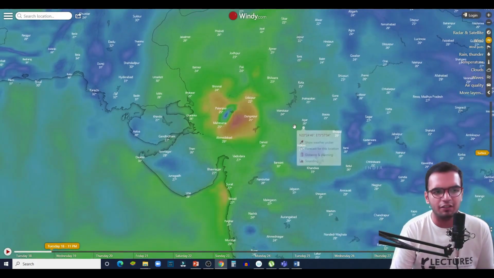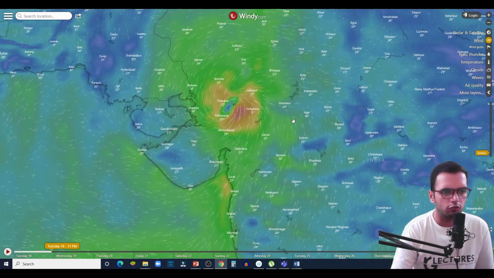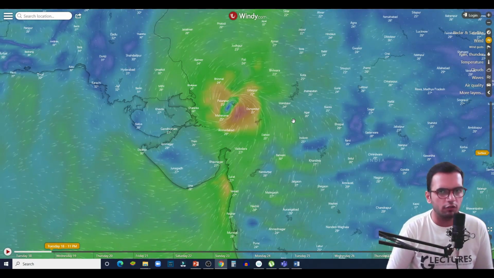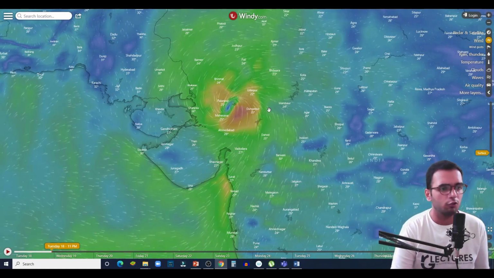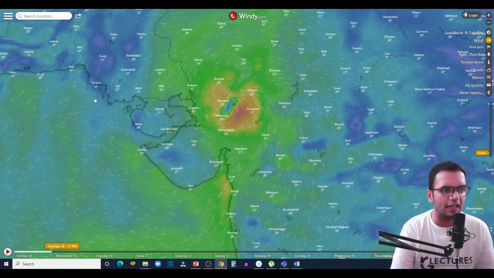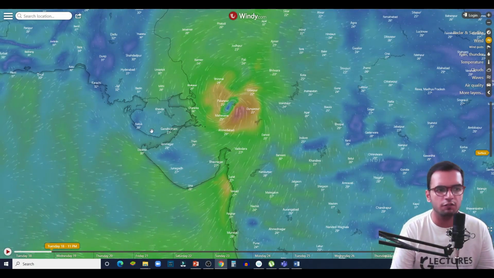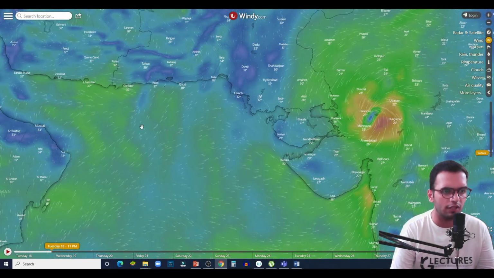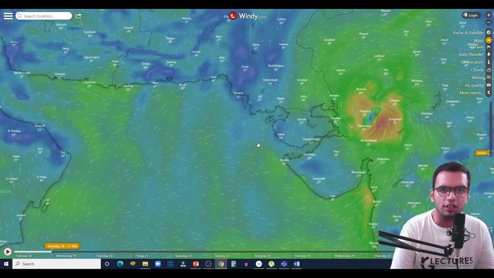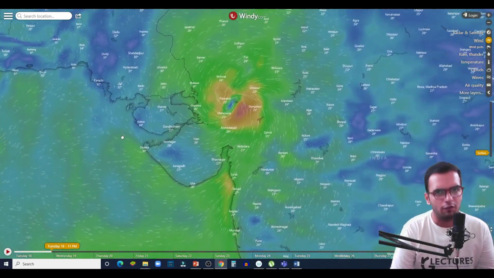So basically, let us consider a cyclone. Okay, first of all, let us consider a vector. In class 11 and 12, you know there is a concept of a vector. So consider every line here as a vector. These are the directions of the wind, like in what direction the wind is going. For example, if I am in this direction, I can see wind is moving in this direction. So consider each of these lines as a vector.